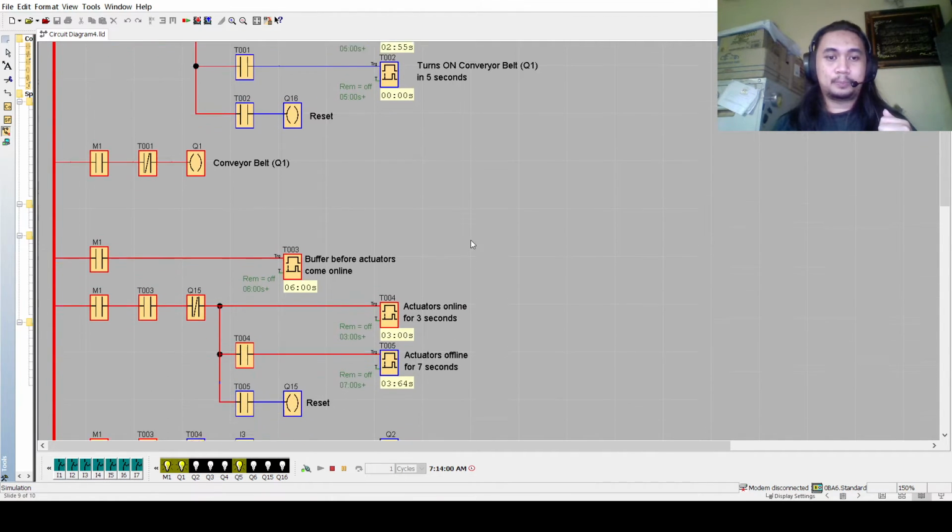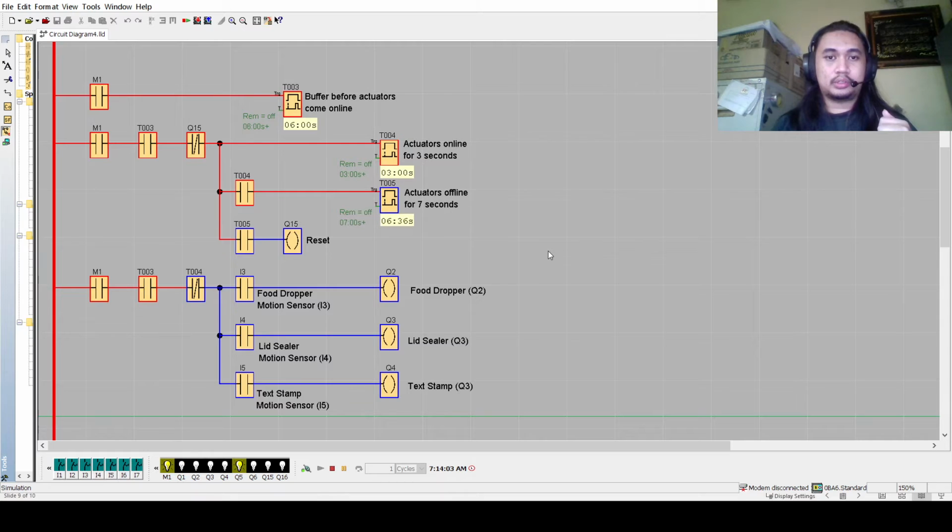And then moving on, here we have the actuators. What I did was that the actuators only come online when the conveyor belt stops. During the 5 seconds that it stops, there's a 3-second window for it to activate. Hence we have the 3 and 7 seconds. So, something along the lines of the error I mentioned before about how the actuators only activate when